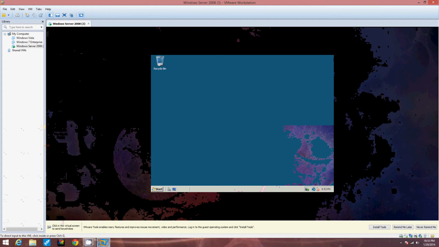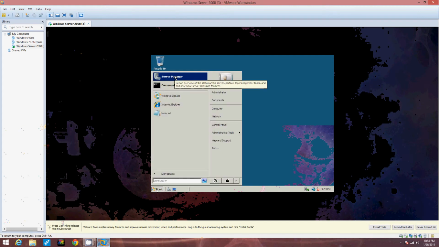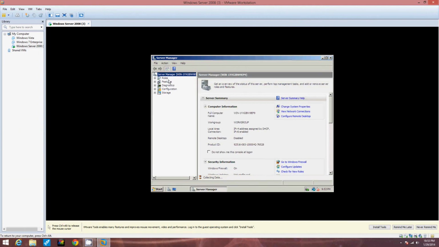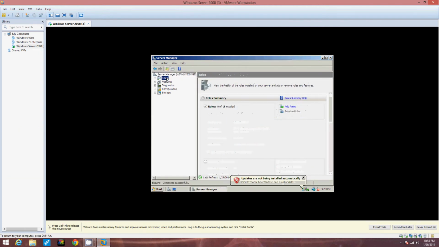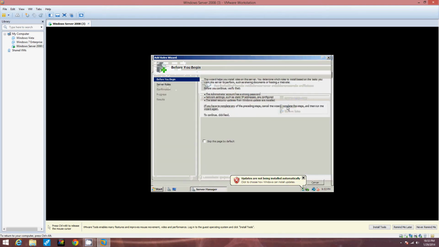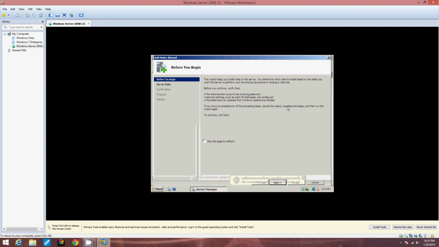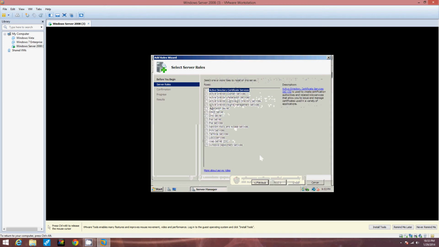And if your server doesn't load up automatically, you click Start, go to Server Manager. On the left of the screen, we're going to see this little pane. We're going to click Roles to expand the roles part. And right here on the Role Summary pane, it says Add Roles. So we'd click Add Roles, click Next right here, and we're on Server